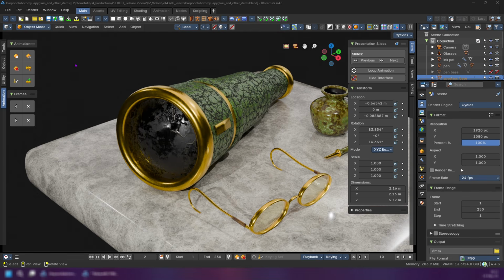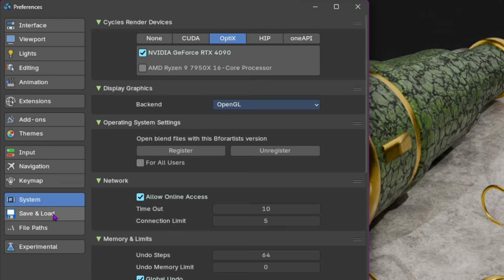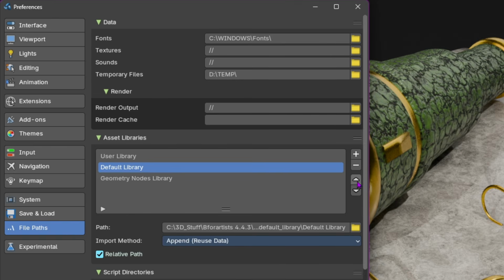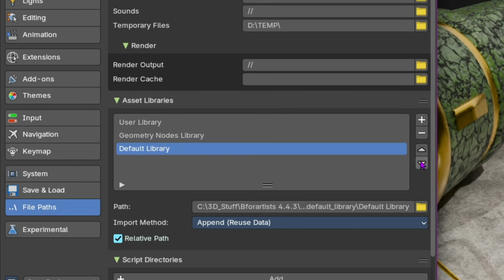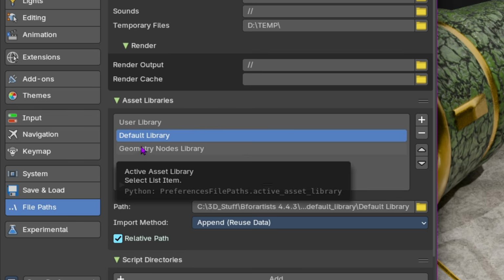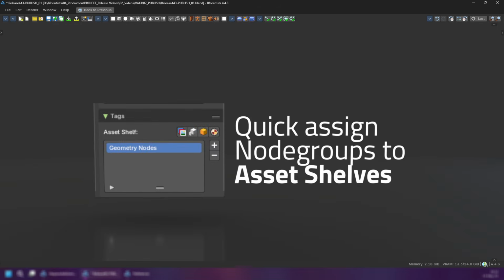This piece is done by Harpoon Lobotomy. So if you go into the preferences, go inside your file paths, you now have these operators thanks to Quackers to move your asset library up or down inside of the list to reorder your asset libraries in an organized way. The next new feature are the quick assign node groups to asset shelves directly from the tags panel in